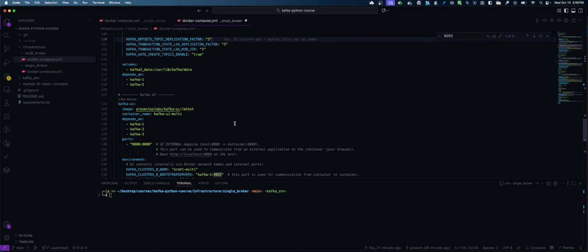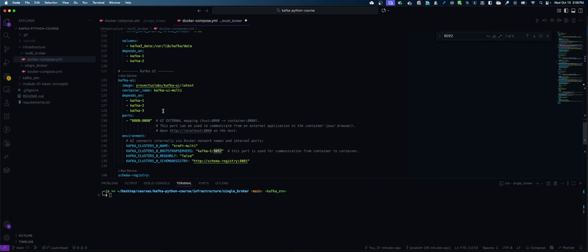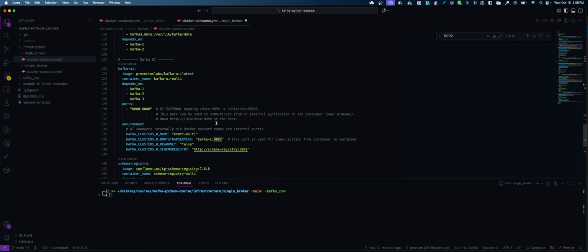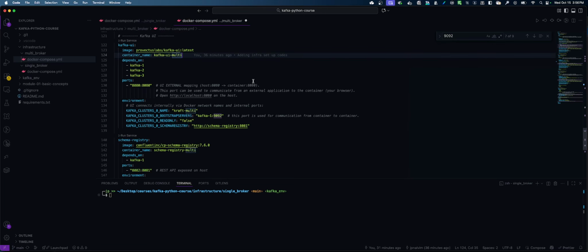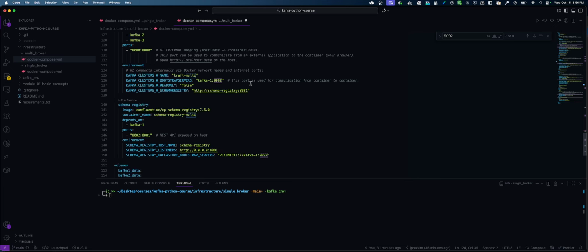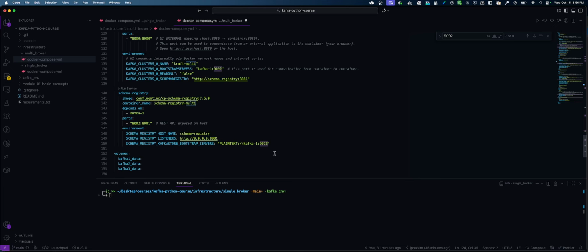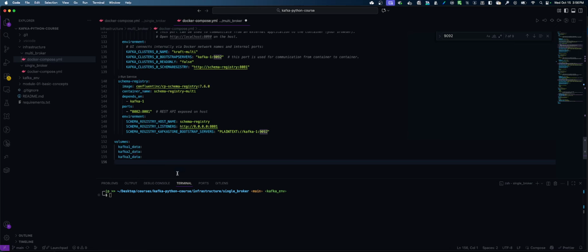We are also still keeping the Kafka UI, so since it communicates internally, we're only keeping the 1992, and that's fine. And it's dependent on the 3 other brokers to work properly, and we'll also have the schema registry, which can communicate internally on the port 1992. We set up 3 volumes, and now if we go into the multi-broker and docker compose up,